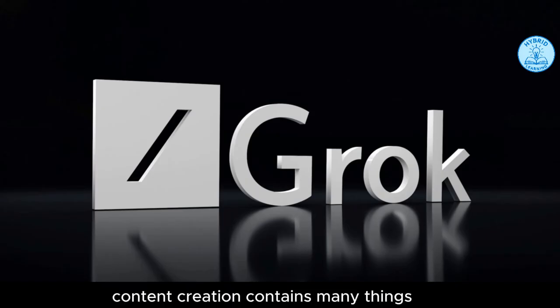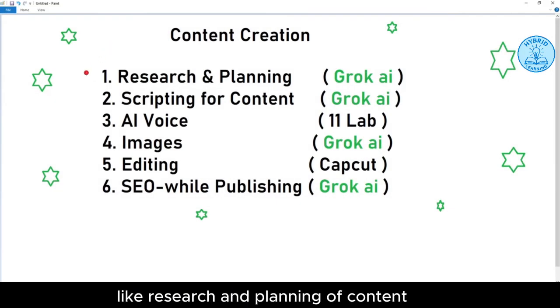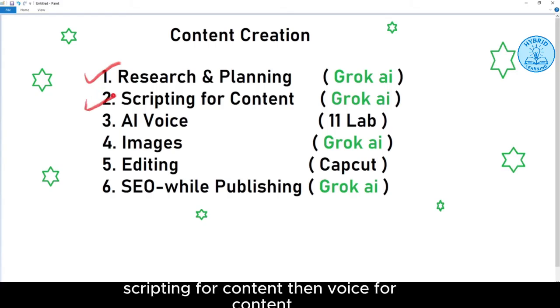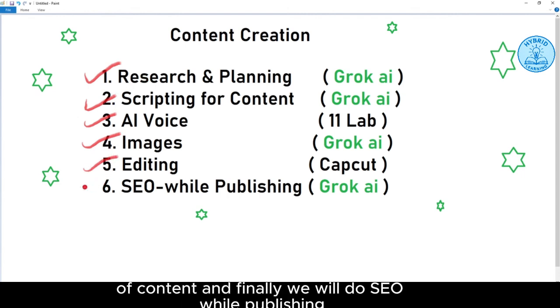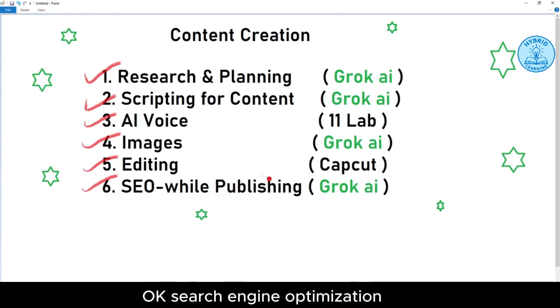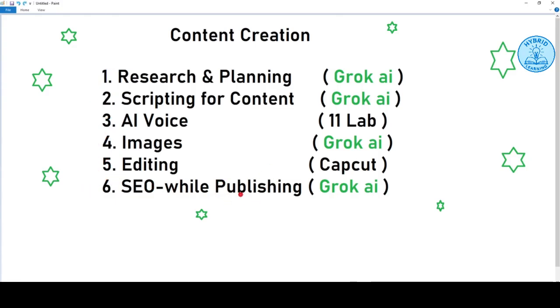Content creation contains many things like research and planning of content, scripting for content, then voice for content, footages for content, editing of content, and finally, we will do SEO, search engine optimization, while publishing. We will understand each thing in a detailed manner from the next video. So this is a proper sequence of our video